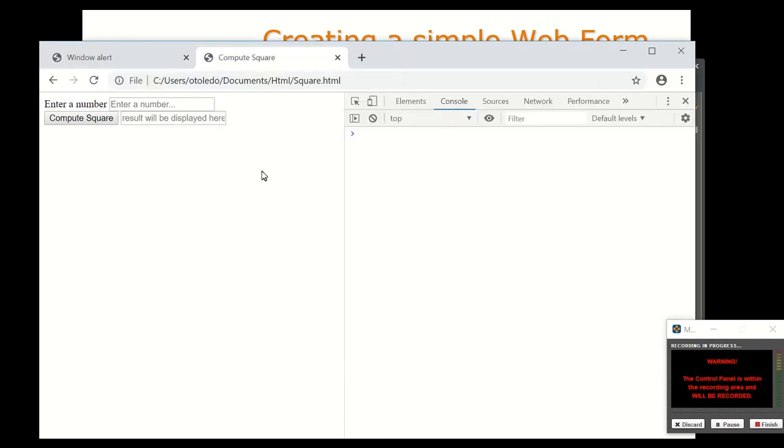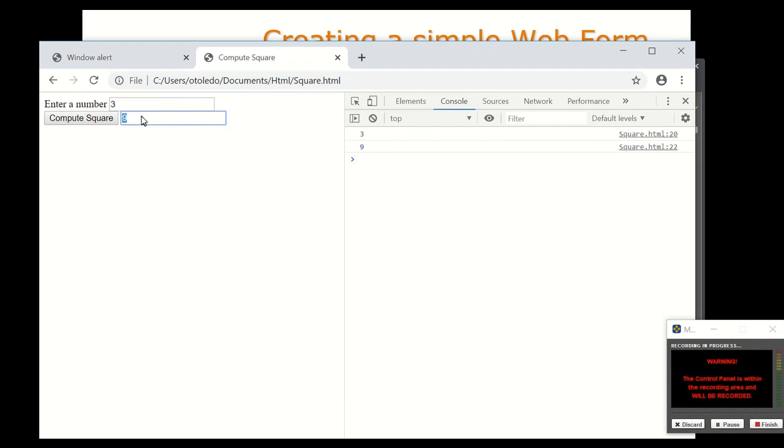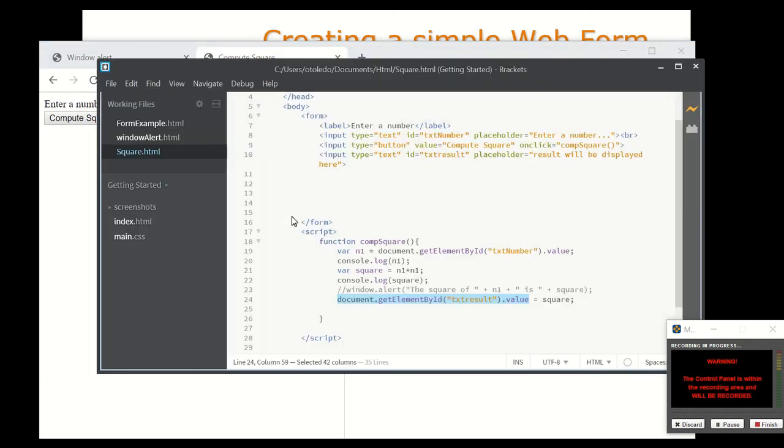Save that, and let's see what happened. Beautiful. So you know how to display the alert with the result, and now you know how to place the result in another input text box. You know how to use the console to verify that everything is okay. So I hope this video